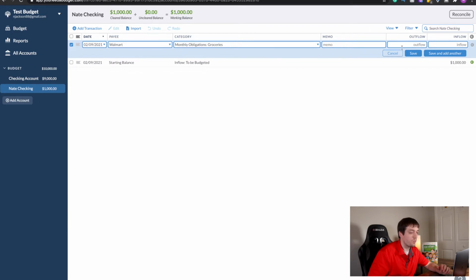And then before we get here, you want to do an outflow, in this case. So, say you spend $200 at the grocery store, at Walmart there, right? Now, if you have an outflow, and then here, if it was some type of inflow, say you had a return that you made to Walmart, or once you start to bring in money, say you're putting in some type of payment, which we'll do in a second, a paycheck, then it would go in there. But let's just say here, 200, and then, I always like to try to put a memo